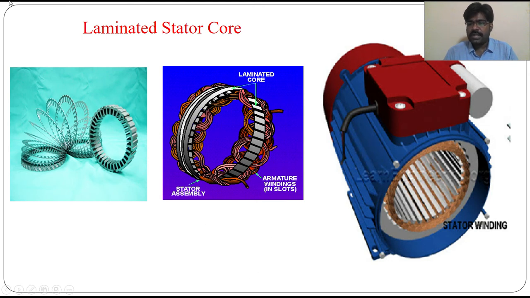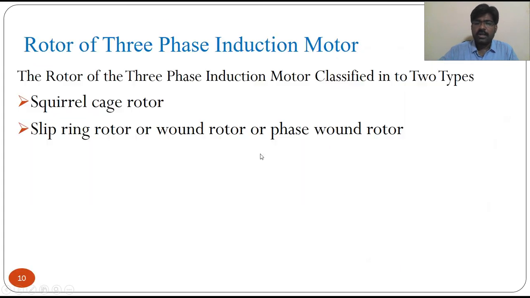Then this is how the complete structure of the induction motor looks. This is the stator frame. Inside the stator frame, only the stator part has been shown here. We have not kept the rotor inside. Inside this only we will be keeping the rotor. So this is the complete structure of the stator. The outer frame is made up of iron. Inside this is the stator frame. Inside this, the number of lines you are seeing are the stator slots, or you can say stator core. Inside this core only we will be keeping these windings. So this is how the stator part looks.